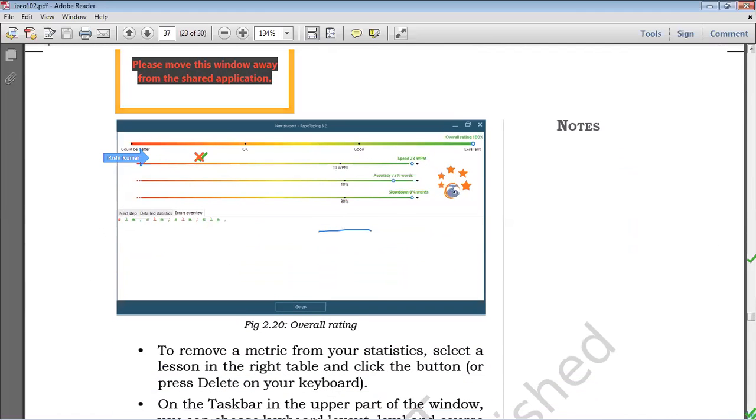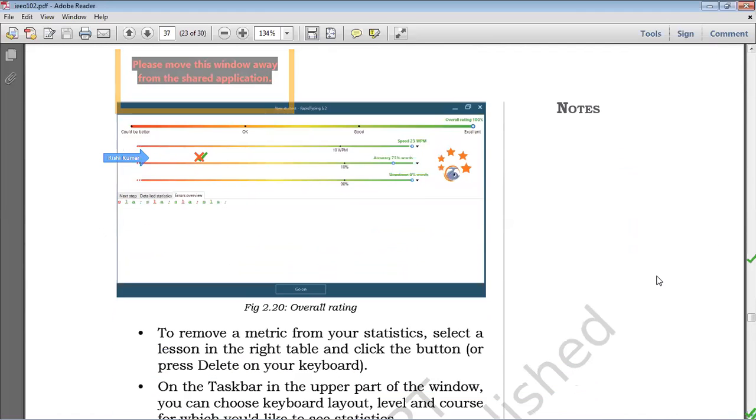Why is this software required? The reason behind this is that without using the software and without practice, we cannot type speedily. Generally, most people do not type correctly. They look at the keyboard, then at the document, after that at the screen, and most people don't use all the fingers of the hand to type.